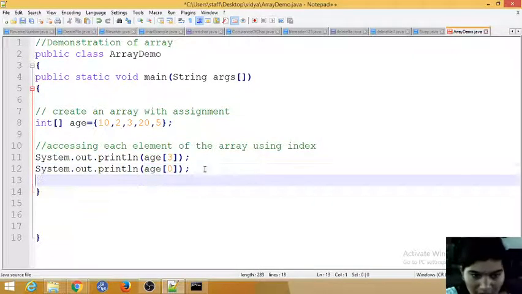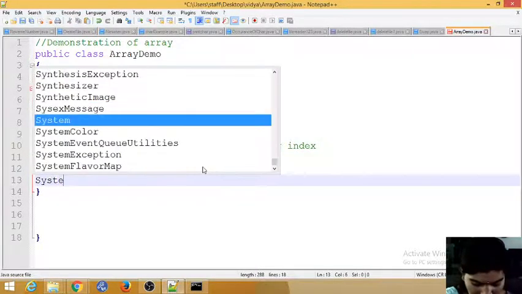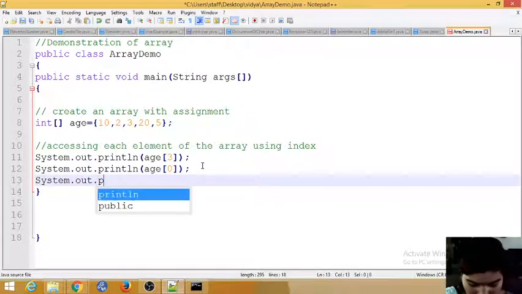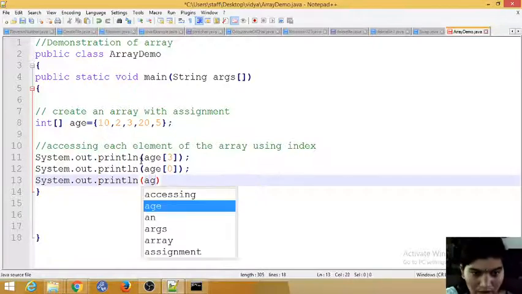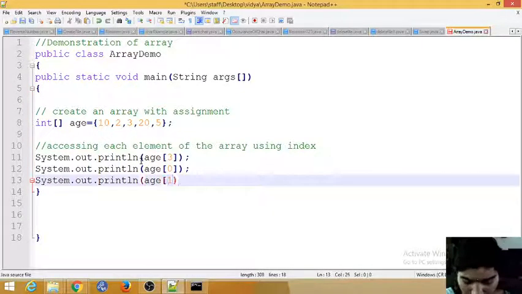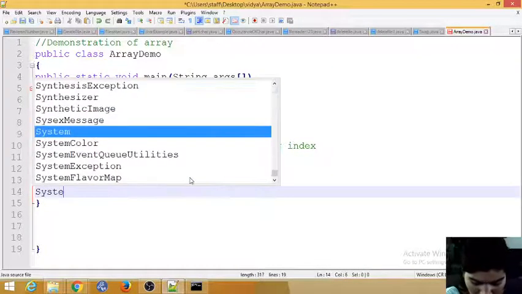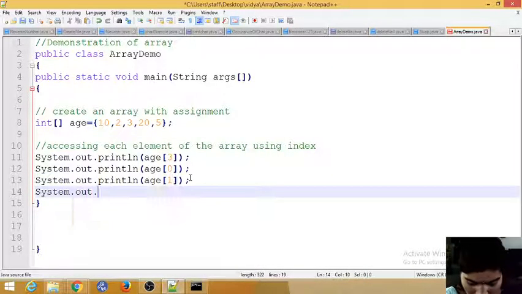You can access all the values like this. System.out.println, I will use age of 1. Next I will use another variable, System.out.println.